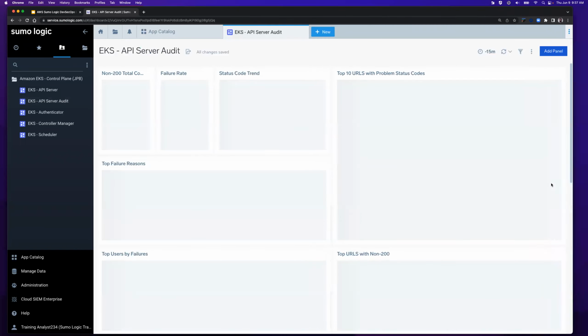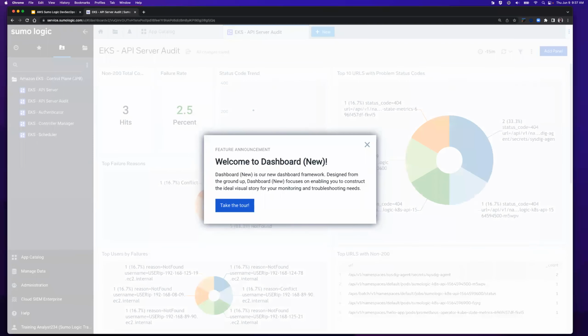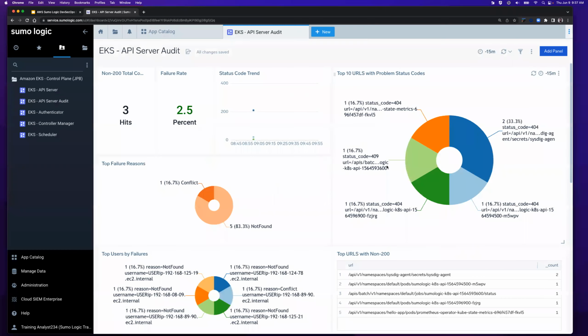And feel free to poke around. If you want to go ahead and jump in and click on things and click on those other ones, feel free to. We're actually not going to use any of the other ones, but feel free to poke around. Once I click on it, it now welcomes me. This new dashboard style is new-ish for Sumo Logic, and so it's giving you just a reminder of a new feature. But I'll X out of that because that's not really what I care about.